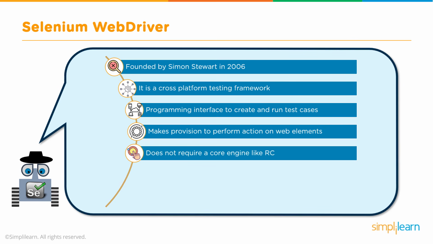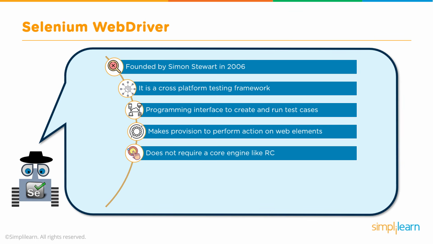It does not require a core engine like RC, so it is pretty fast. Why? Because WebDriver interacts directly with the browser and it does not have that intermediate server like RC had. Each browser has its own driver on which the application runs. This driver is responsible for making the browser understand the commands you pass from the script, like a click of a button or entering some text. Through your script, you tell which browser you want to work with, say Chrome, and then the Chrome driver is responsible for interpreting your instructions and executing them on the web application launched